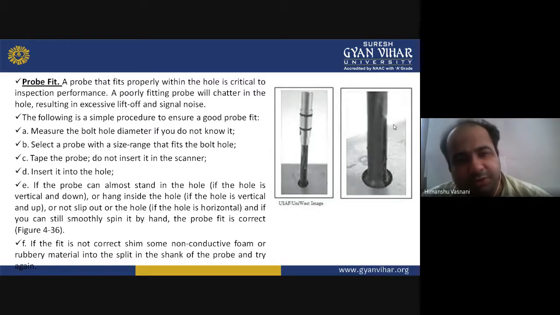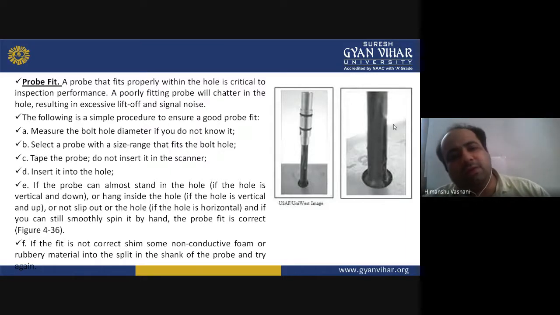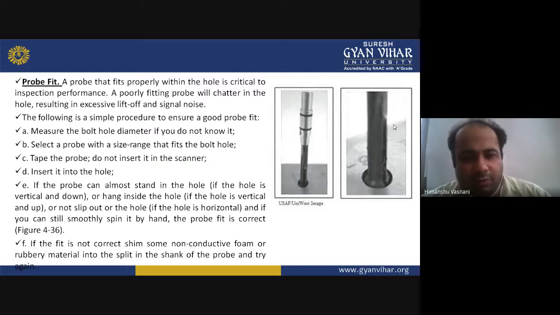The following is the procedure to ensure good probe fit. Measure the bolt hole diameter if you do not know it. Then select a probe with a size range that fits the bolt hole. Insert it into the hole, not into the scanner, and see if the probe can almost stand in the hole if the hole is vertical, or hang inside the hole, or not slip out of the hole, and if you can still smoothly spin it by hand,